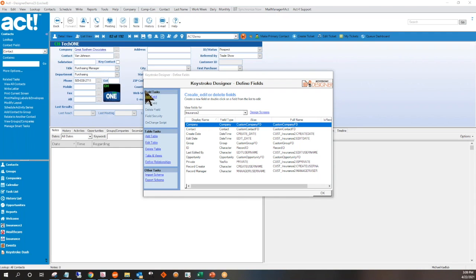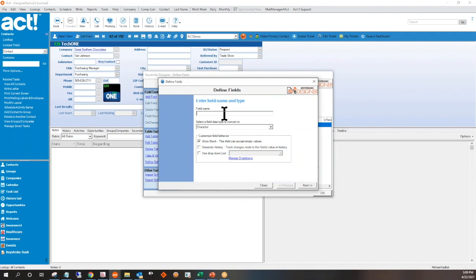So add fields, and over here on the left-hand side, there's an option Field Task. Click Add Field. And we get a field, let's say we want to do renewal date. It's always a popular one for insurance policies. And then under Field Type,